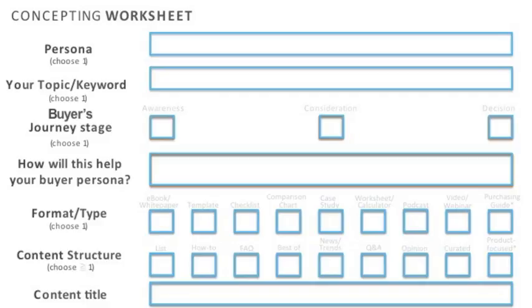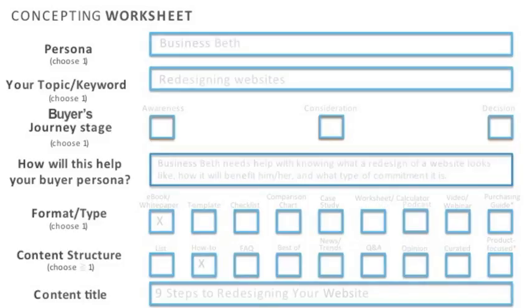One area that was skipped over: how will this help your buyer persona? Take the time to always address this question when you're creating a piece of content. If you can't answer this question, then you might not be planning a remarkable piece of content. Remember, you want to create content that will help your buyer persona. Every time you want to produce a piece of content, start by asking yourself, who does this help? If the answer is anyone other than your persona, go back and really think through why you're creating this content on this topic in this way.